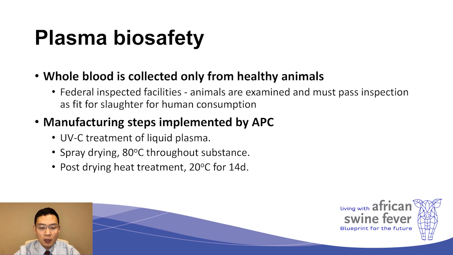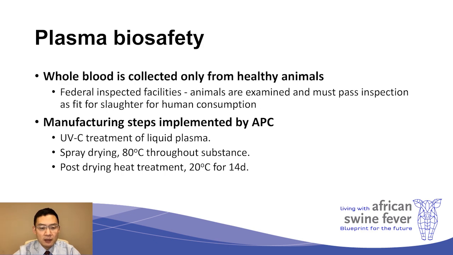And also at our manufacturing facility, we go through several redundant steps to make sure of the safety of our product. Those steps include the UVC treatment, spray dry, and post-dry heating treatment. By applying those steps, we can make sure of 100% inactivation